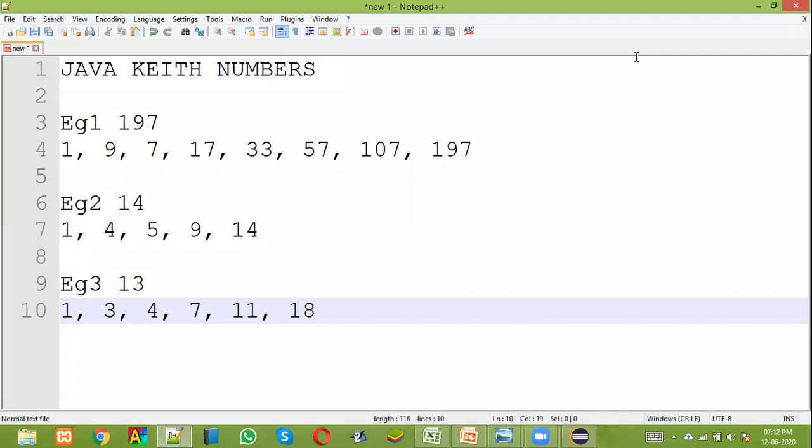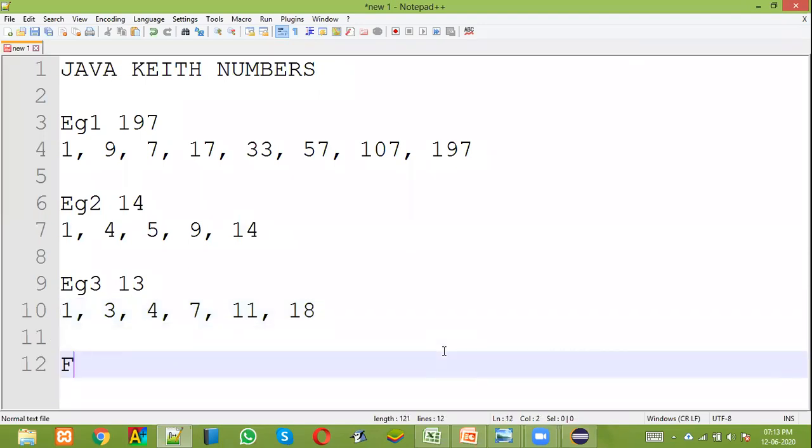Okay. Now let's see how to do this in programming. Now there is a very big problem in this. If you notice, this is very similar to the Fibonacci series. In Fibonacci series, we'll be checking only the sum of the previous two terms. Suppose it's a Fibonacci series program. Let's imagine this is a Fibonacci series program.